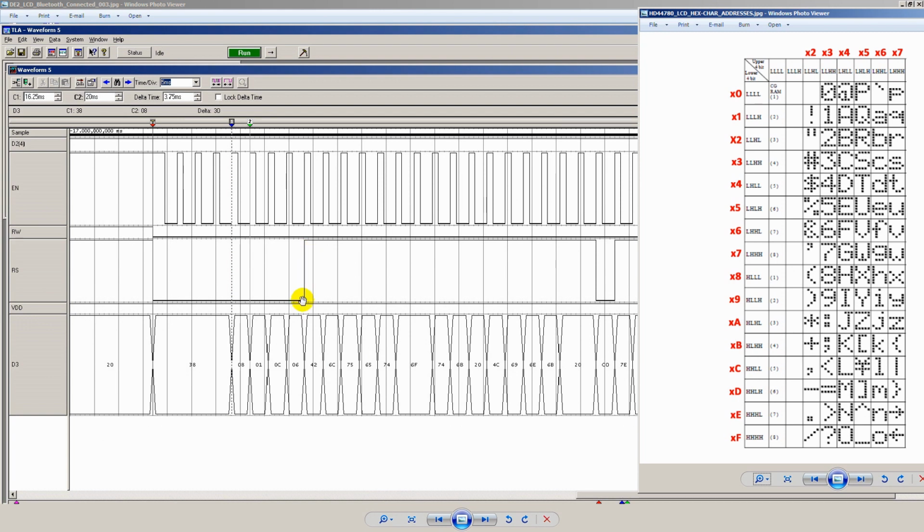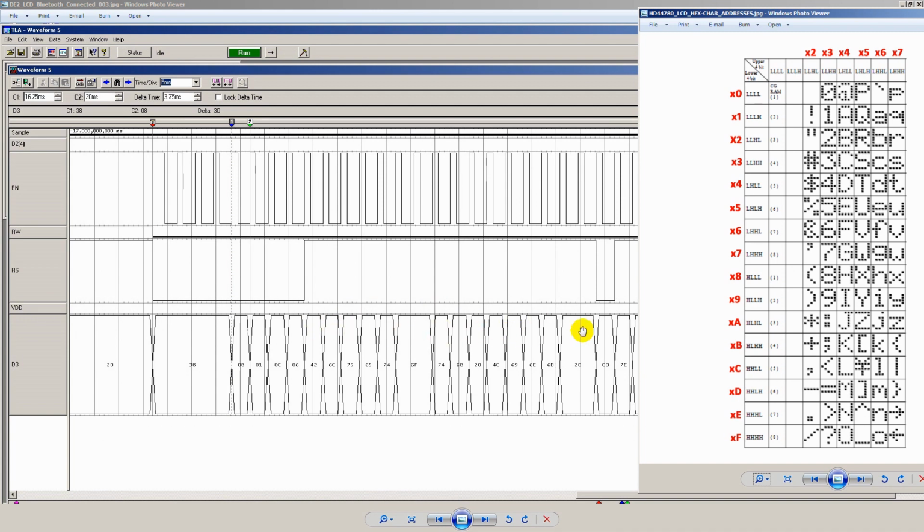So now you can see it here where our RS line is in a high state all the way down until the end of this Databus value, hex value of 20, for 2 falling edge cycles. And so what that means is that this entire sequence here is character data,